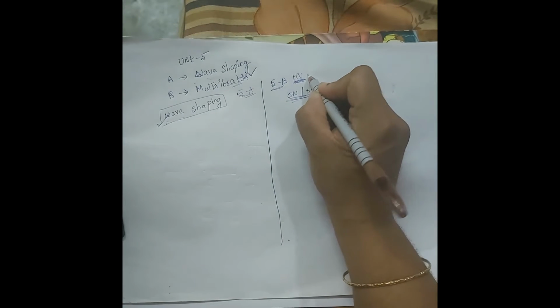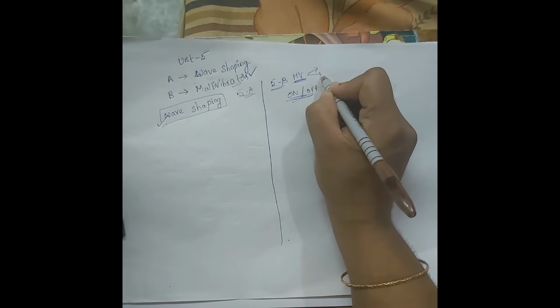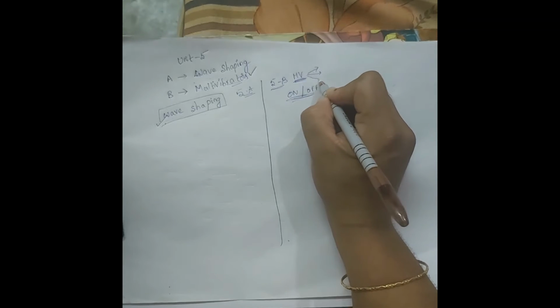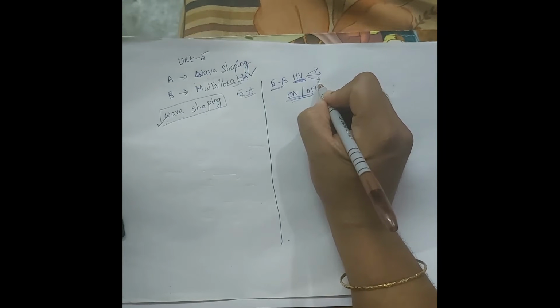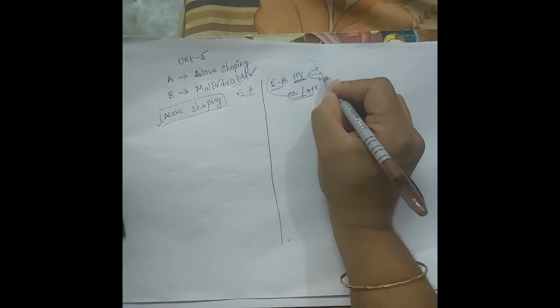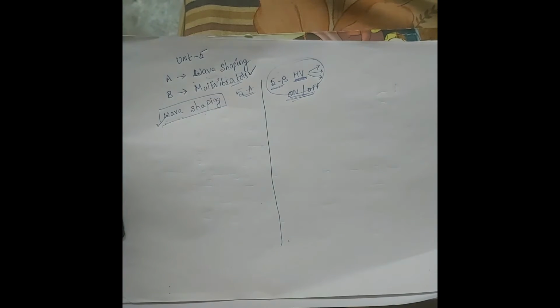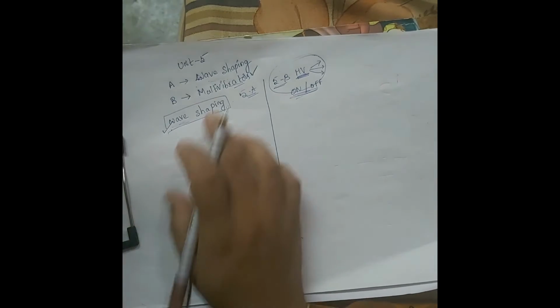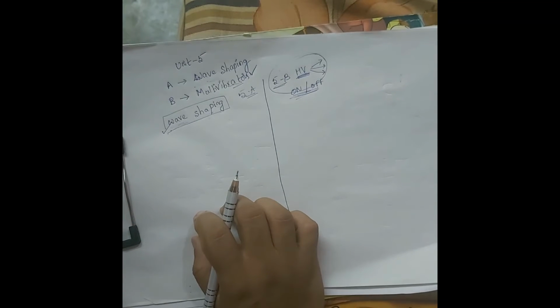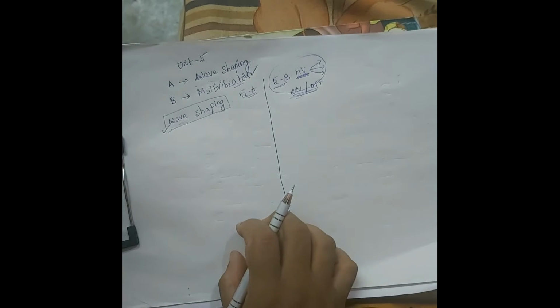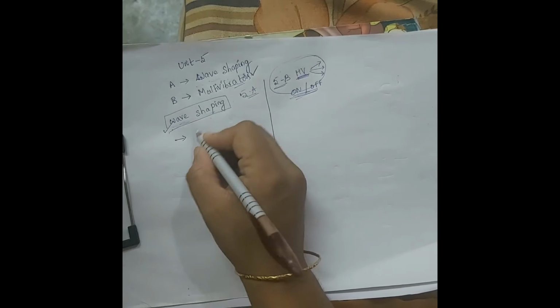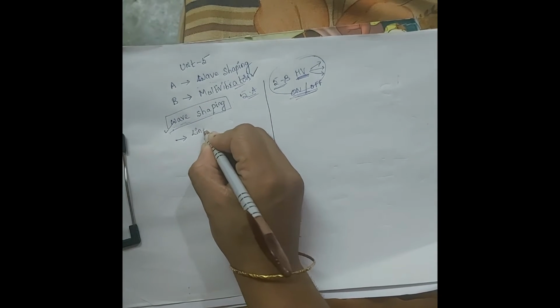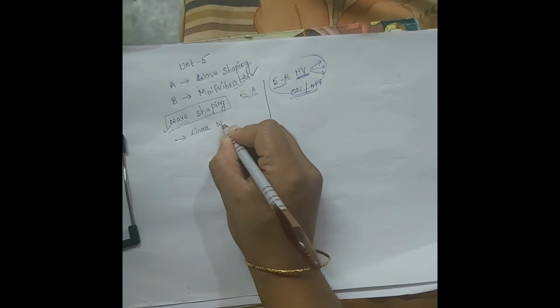So what are multivibrators? How many types of multivibrators? Why are we going for these multivibrators? Everything will be covered under our unit 5B. Okay, so first one is wave shaping. Come to 5A, in which we are going to discuss the whole stuff here. So wave shaping is of 2 types.